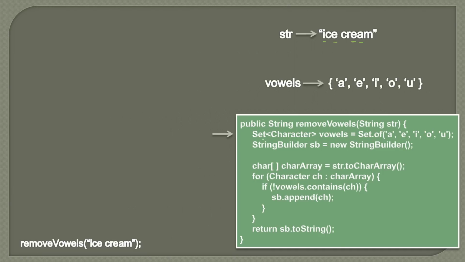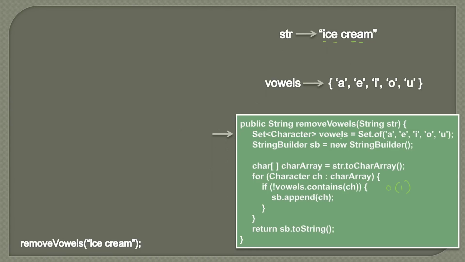And why are we taking it as a set? Because here you can see that we are using a for loop. We are iterating over each character of this string and checking whether this particular character is present in this vowel set or not. The contains method is very fast and has an average time complexity of O(1), which is nearly constant. Therefore we are using a set. In order to know more about sets and the hashing data structure, you can watch my series on hashing.